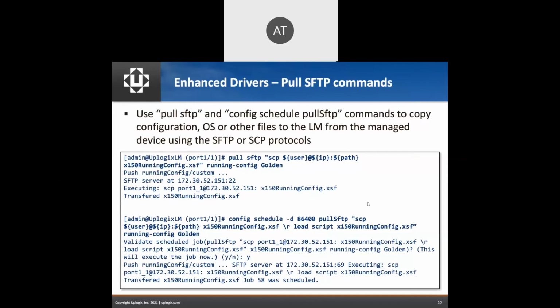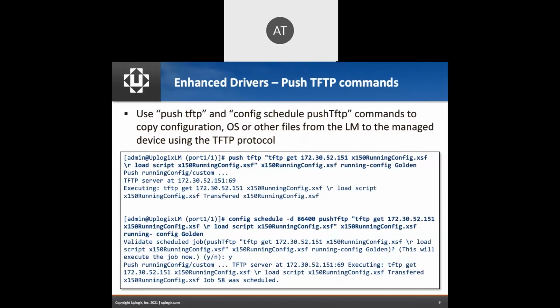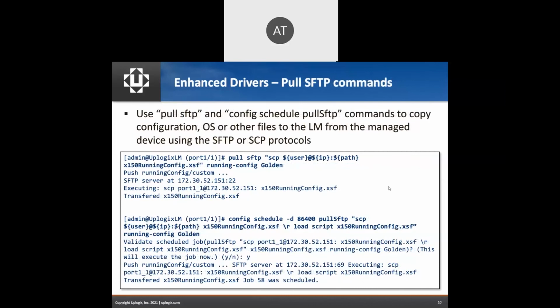Just to compare, if you look at the previous one, the TFTP, we have to tell it, hey, this is the IP where the Uplogix is. With the SFTP, with the secure copy, that's automated. The Uplogix will automatically fill in the IP, the path, and the user for that. And then that also can be done on demand, the SCP,